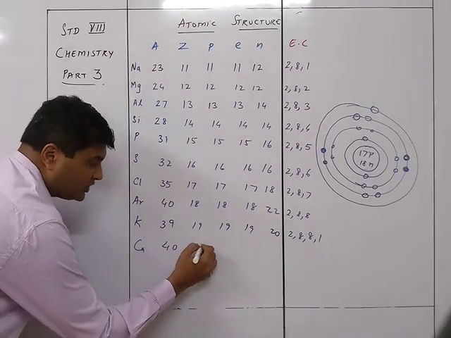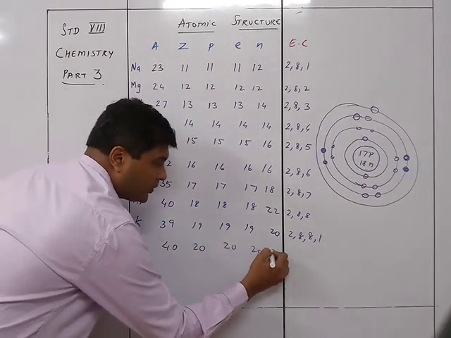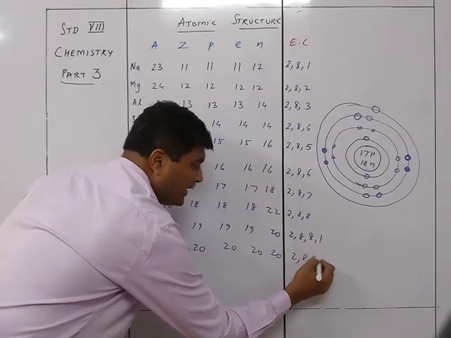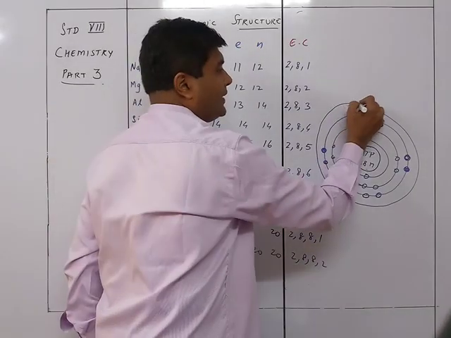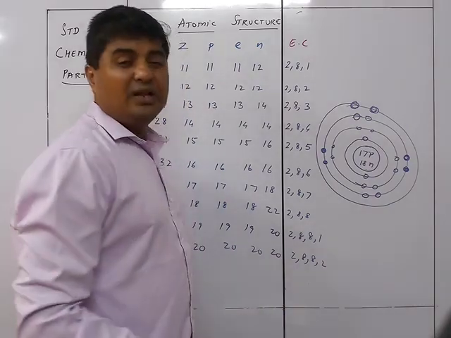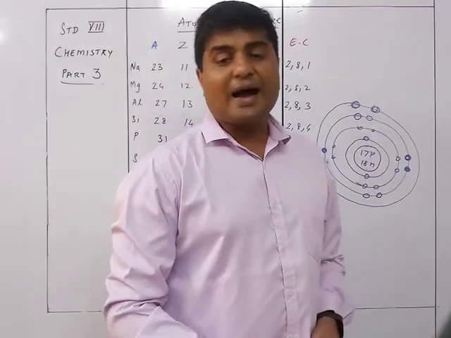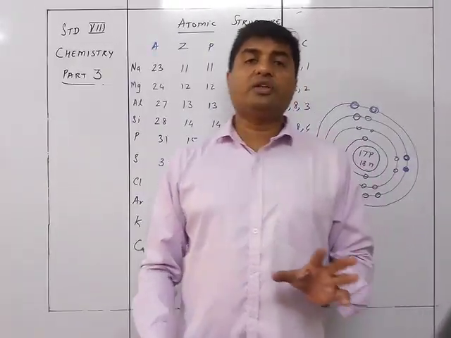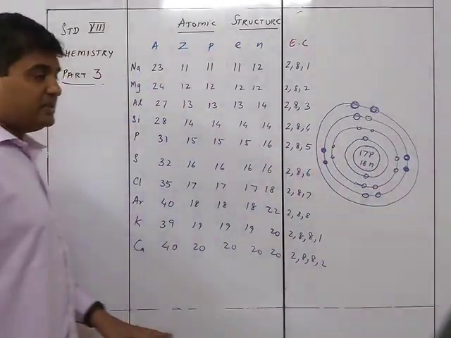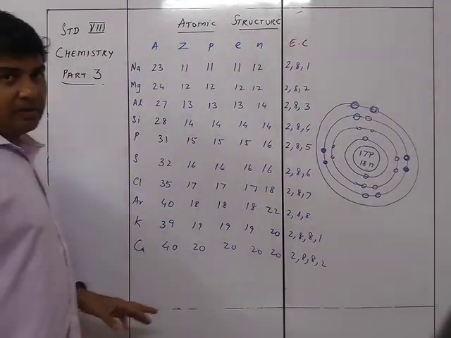Similarly, calcium will also be this way. This is 40, this is 20, 20, 20, 20. This is 2, 8, 8, 2. So there will be 2 electrons over here in the outermost shell. That is calcium. So these are the atomic structures of the first 20 elements of the periodic table,